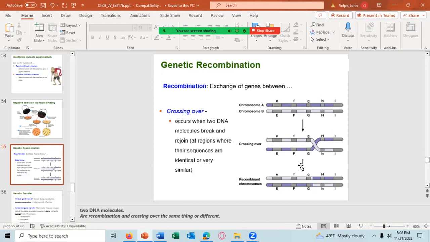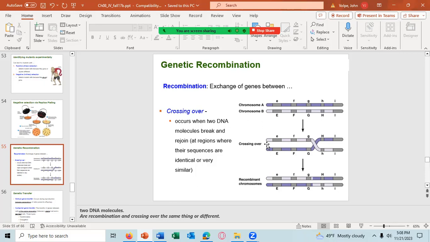I don't remember if it happens in mitosis. I'm not sure about mitosis, but in meiosis, I know it happens all the time. And it causes recombination. Now, recombination itself is a little more general than crossing over. Whenever the genes move around,